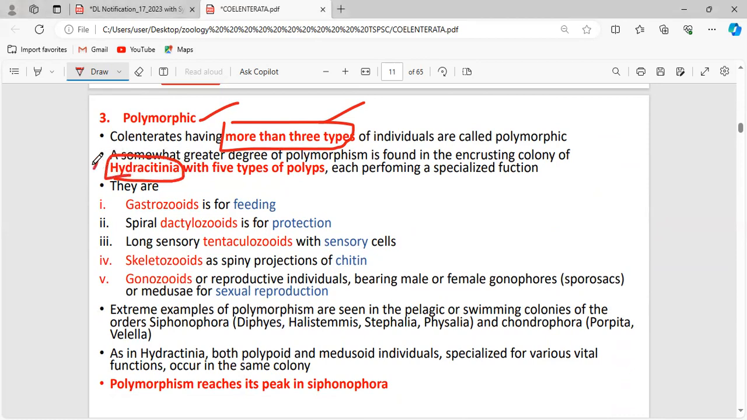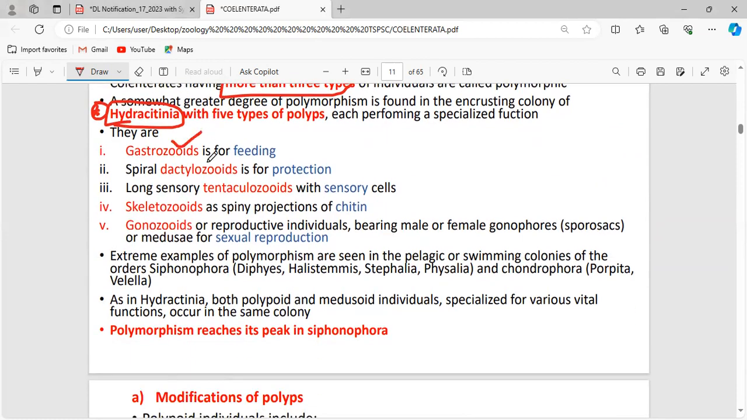Hydractinia. You have to remember this name. And what are all the different types of zooids exhibited by this Hydractinia? Gastrozooids, dactylozooids, tentaculozooids, skeletozooids, gonozooids. See, gastrozooids are for feeding, dactylozooids for protection,